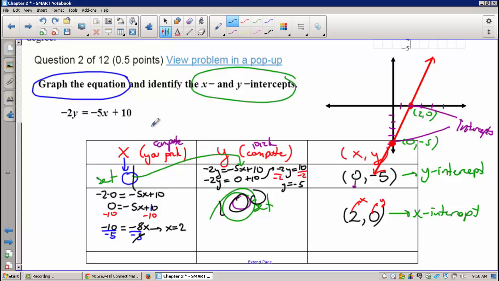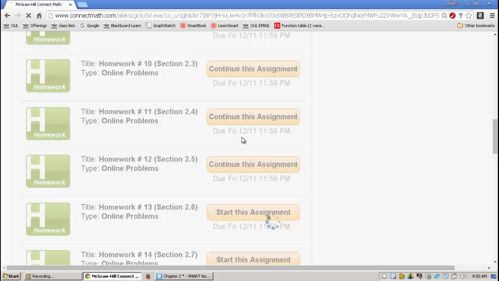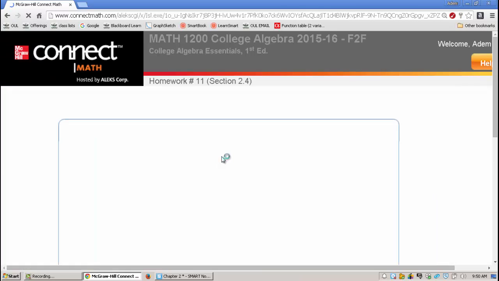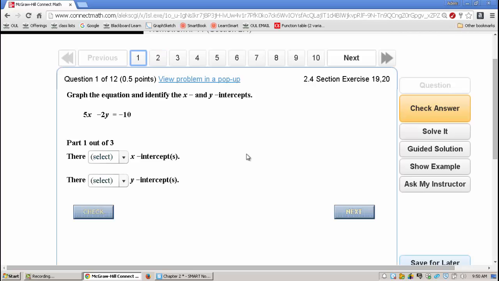Just need to graph this thing, okay? So why don't we go to our assignment number 2. Well, how many x and y intercepts we have? Only 1. Can you have more than 1 x or y intercepts for a straight line? Impossible. No, right? Straight lines can have at most 1. Sometimes they have none. Okay? Or